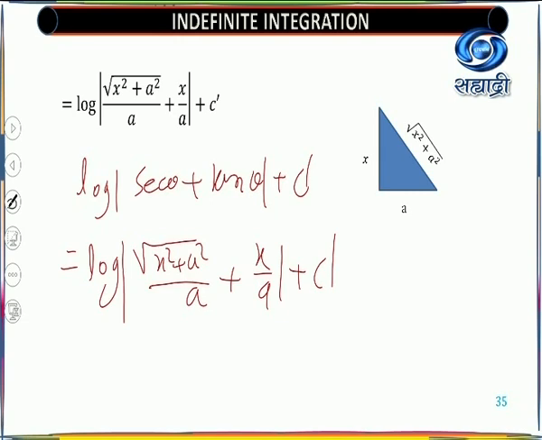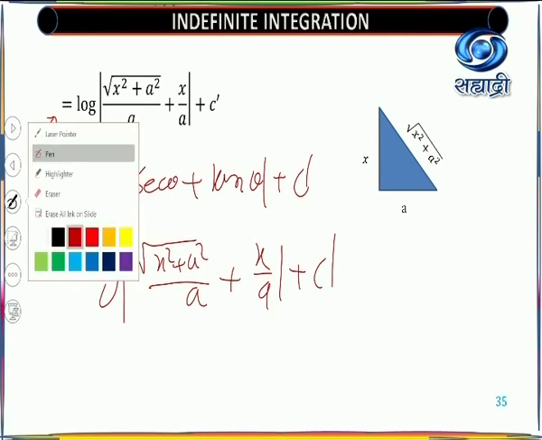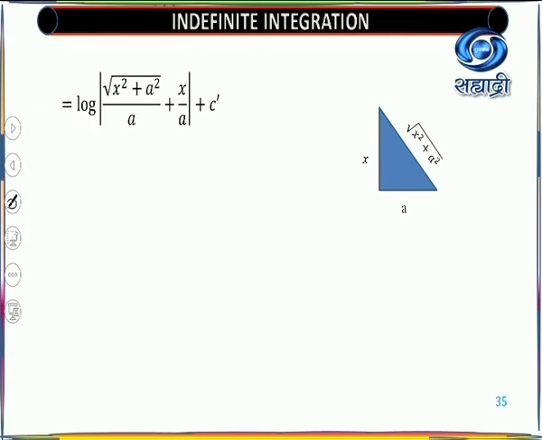Again we are using the same method, so you got this value directly. This is one method. What is another method? Another method is that we'll solve by using the method we used previously. What did we use previously? That is sec theta plus tan theta.